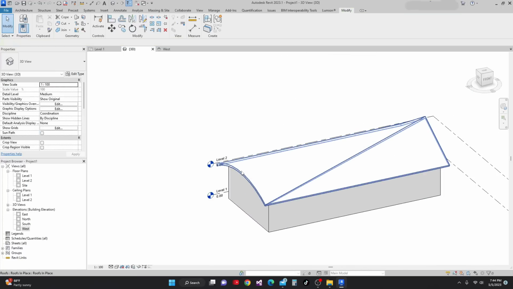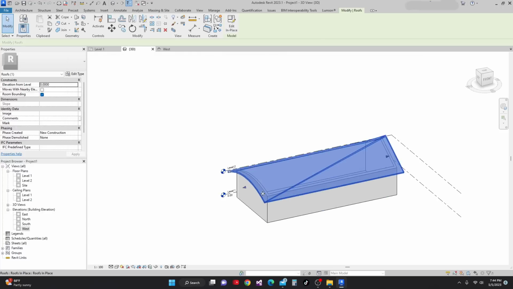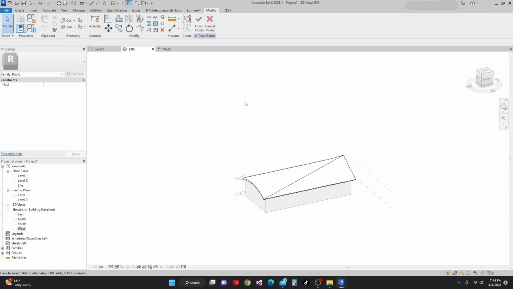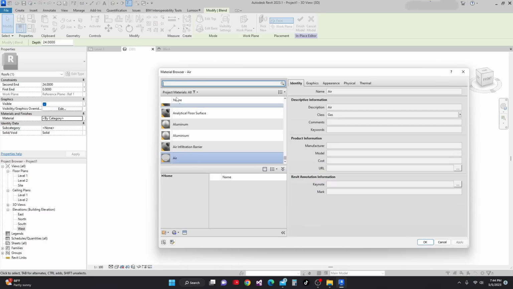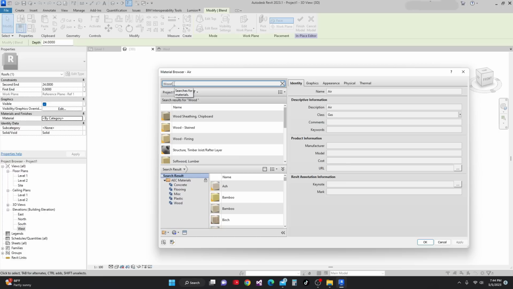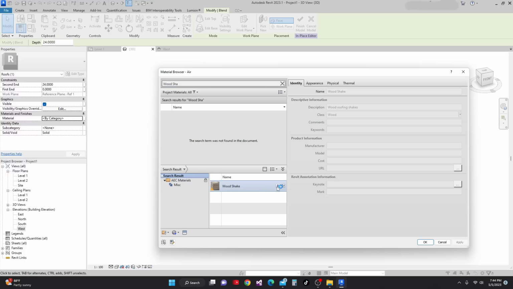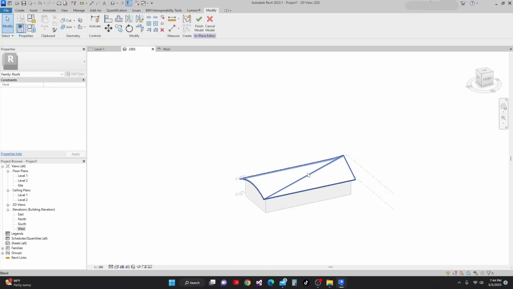And then I'm going to select this again and go to edit model in place, select, and then I'll go to this material, and I'm going to select material, wood, shake, wood shake, and then bring it up, this wood shake, and then apply, then okay, and then again click it and finish it,